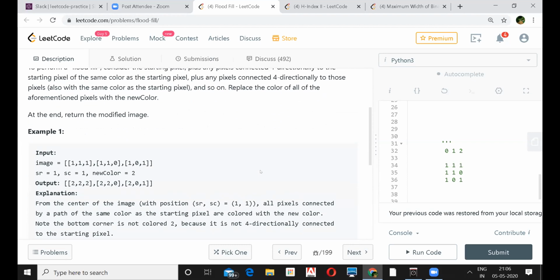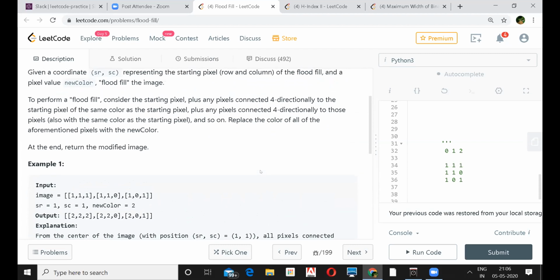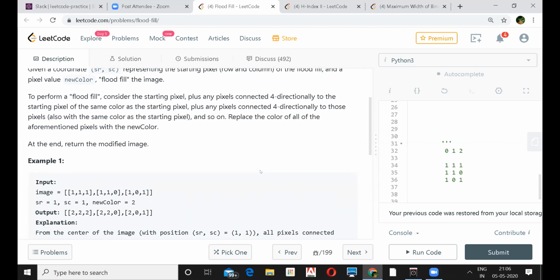Yeah, it looks pretty straightforward, right? Yeah, exactly. We can do a BFS or a DFS here.